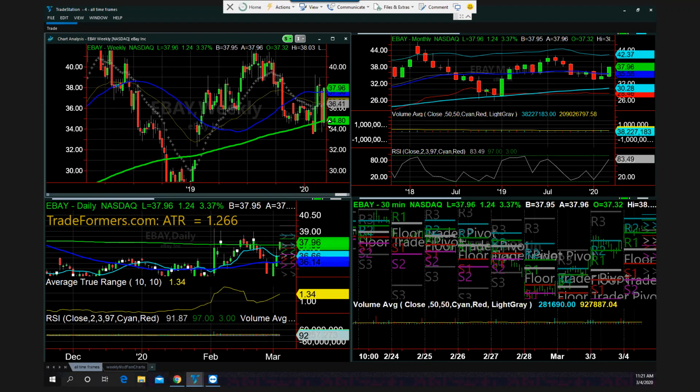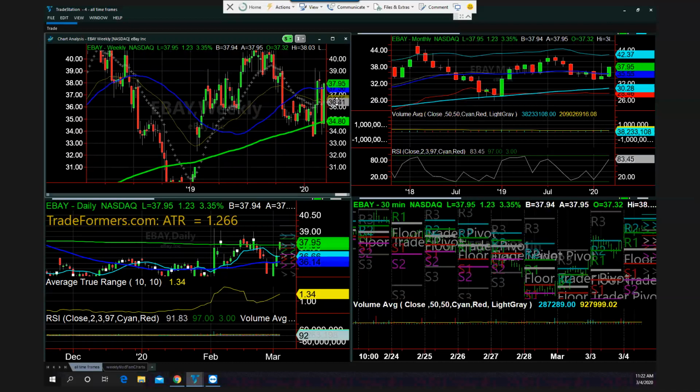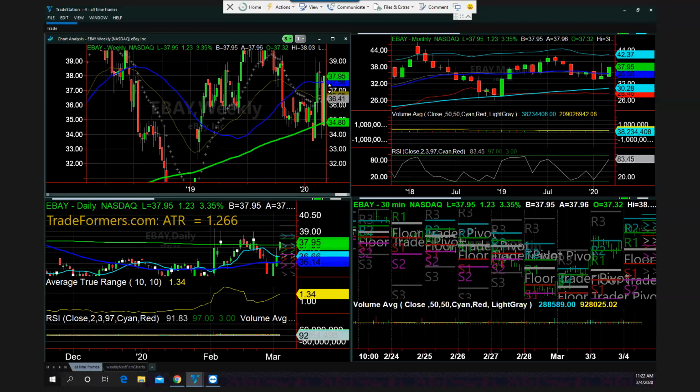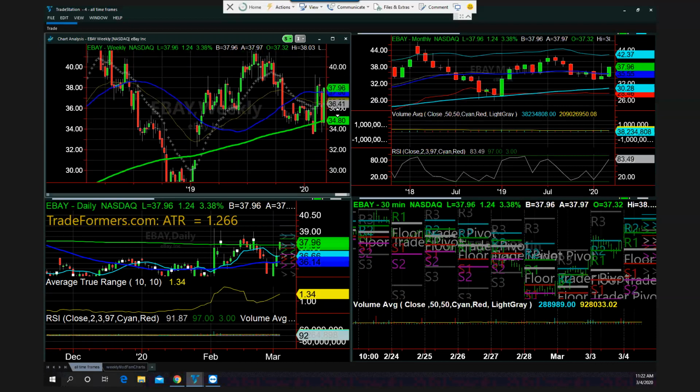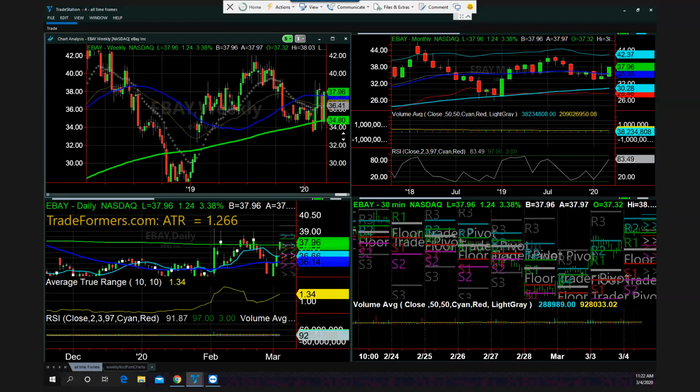and look at the slope on this. Now, 200 weeks is a long time, so it would take much longer to see a slope change on this, but nonetheless, that tells me that if it holds this level, then you had a good point of risk. And with it clearing now the 50-week, even though we're not done with the week, we can say that if it holds about 37.50, that might not be a bad play. Now, again, this is not a trading recommendation. This is just a mention of the process.